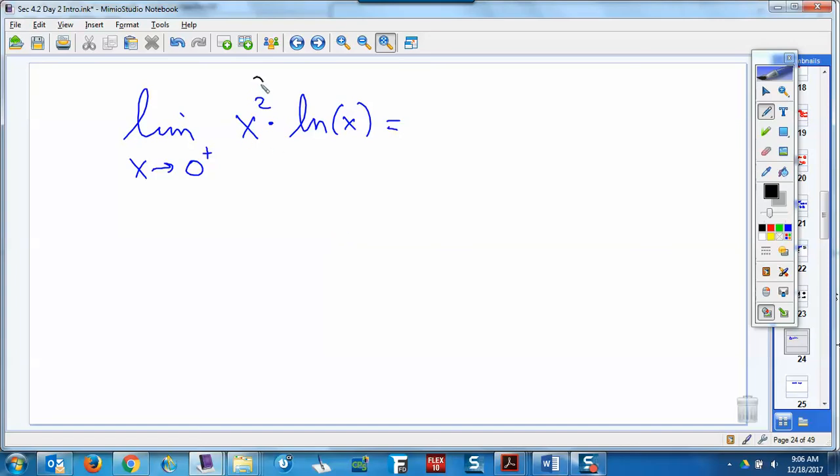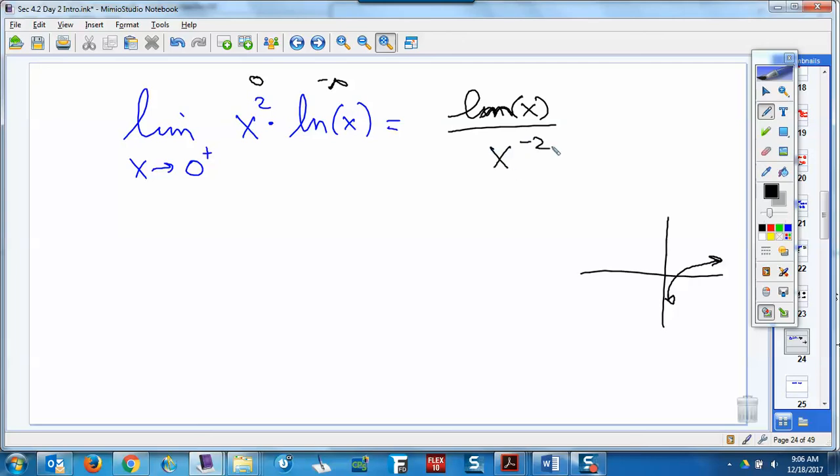So what do you got here? Well, this is going towards 0, and as x approaches 0 from the right, what's ln x doing? What's ln x doing as a car comes from the right of 0? Negative, it's going down there, right? Going to negative infinity. So we have a 0 times infinity. So somehow we have to flip one of these. Now I think I would flip this one. So what would that be? I would leave the ln x on top,